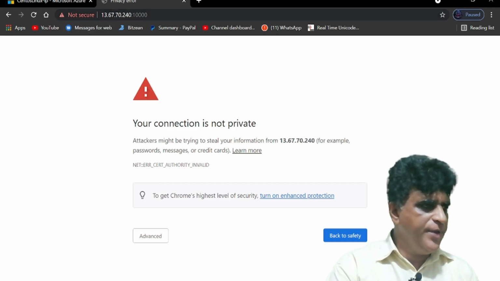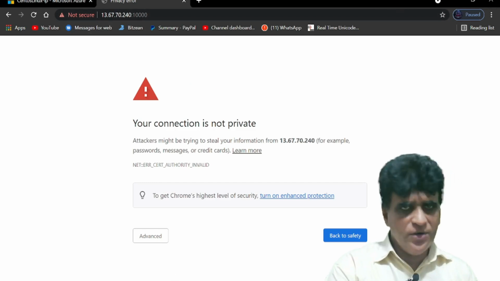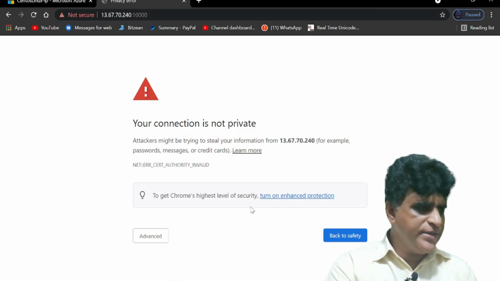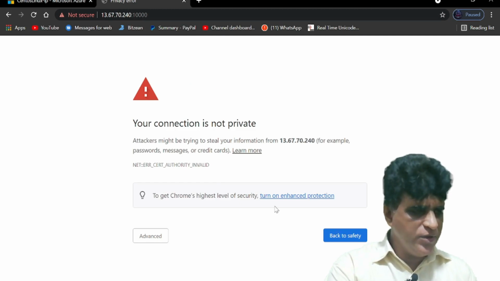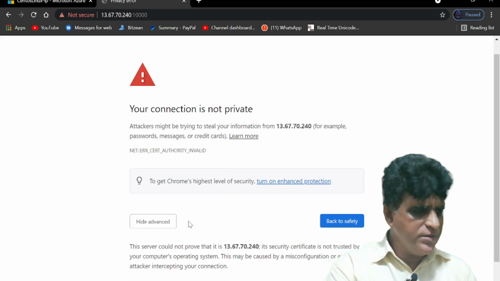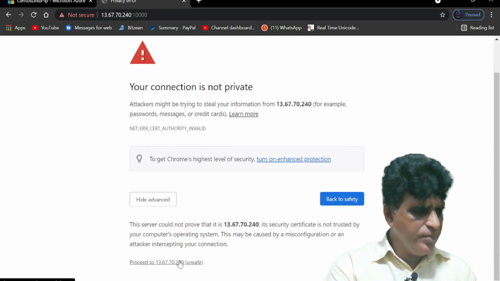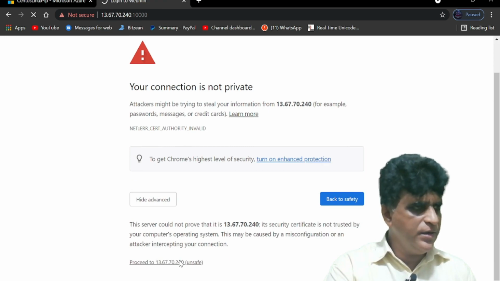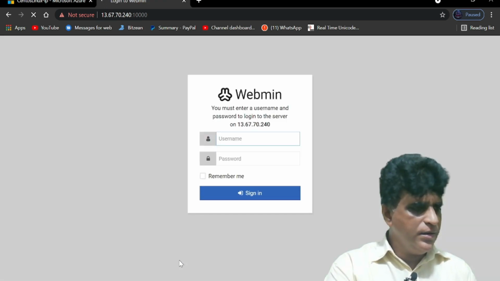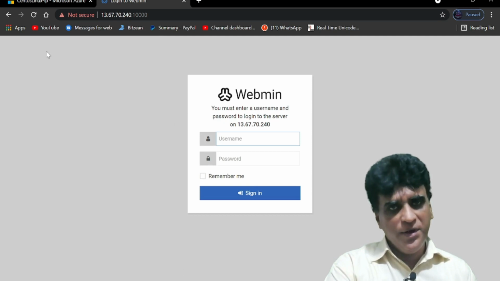Once you enter the IP address and the port, it opens the site, but here it says the connection is not private. This is a secure thing, and I'm going to advanced, and I'm trying to go inside. Right, here is the webmin welcome page.